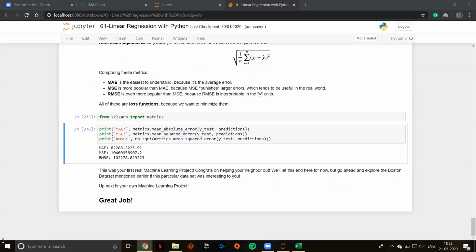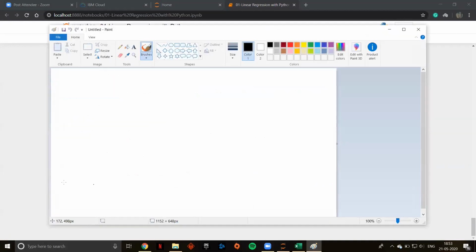So what are we going to do right now is, let me open Paint. Let's suppose that this is your Watson Assistant. This is your Jupyter notebook. After creating the machine learning model, if anybody wants to access the model, how can you access it? If you are going to create a website, you have to store the model somewhere, right? So let us suppose we are using IBM Cloud to store the model.